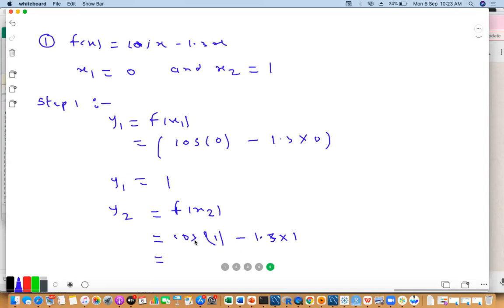Remember, when you are calculating cos 1 from calculator, it should be in radian, right? Cos 1 is equal to 0.54